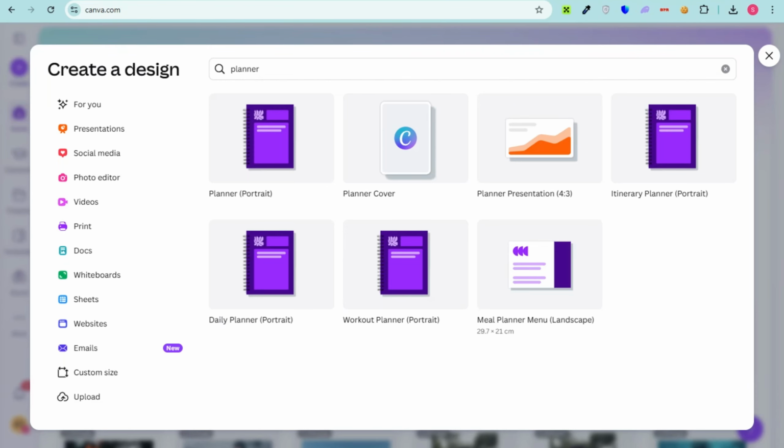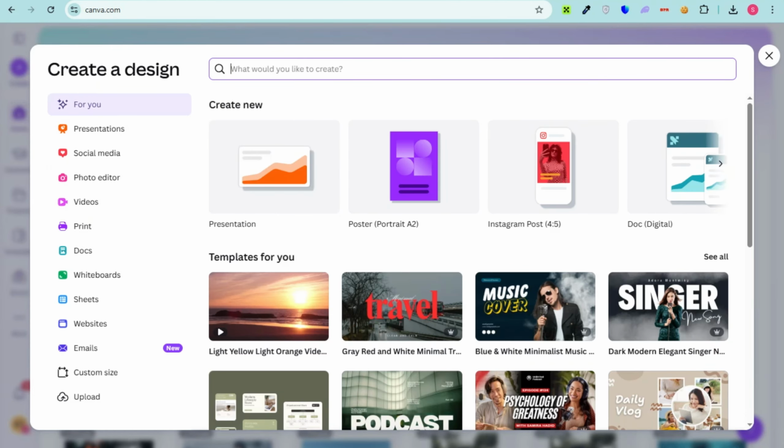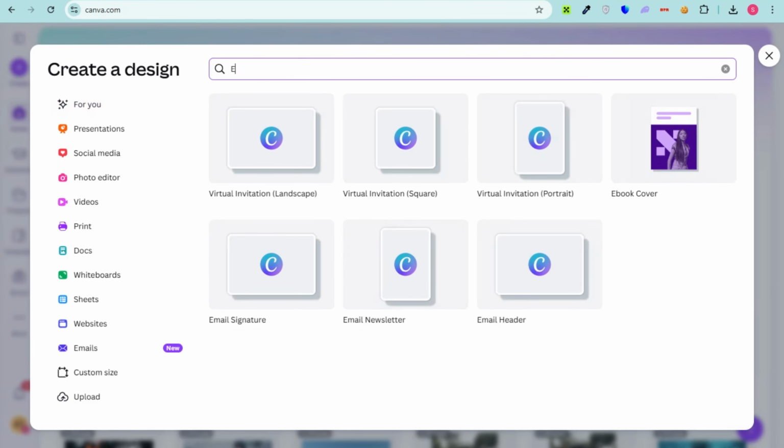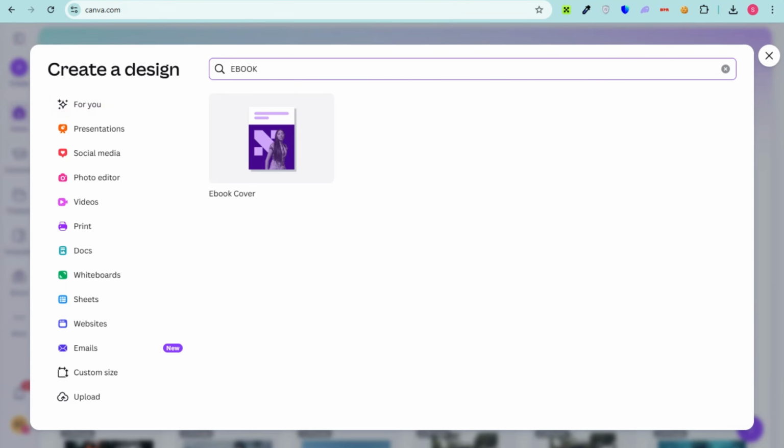to your Gumroad. To do that, go to Canva, tap on create a design, and then search for ebook. You can go to the search icon and then type ebook right here. So once you type ebook right here, you will see ebook cover. Then it's okay. You can select that one and then use the same dimension or same size for you to